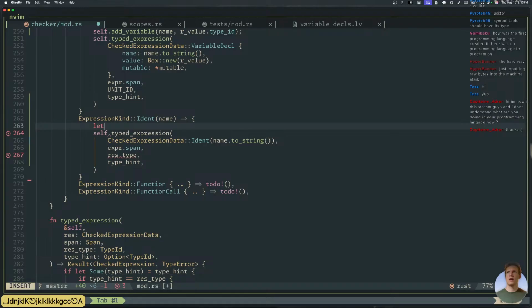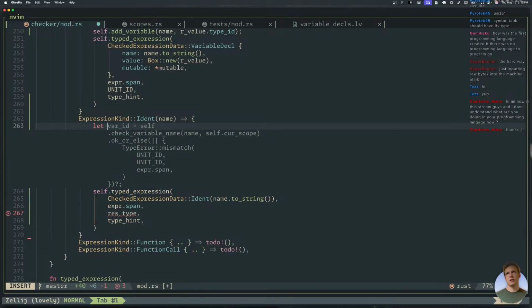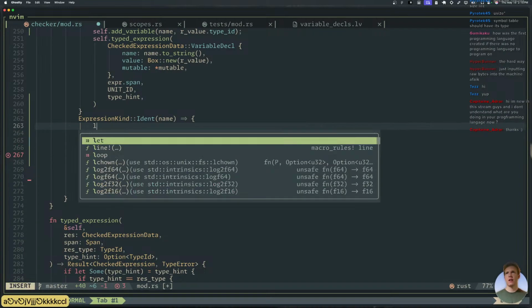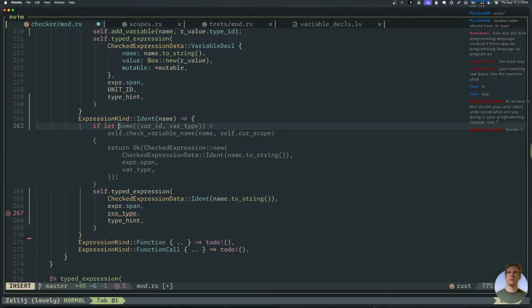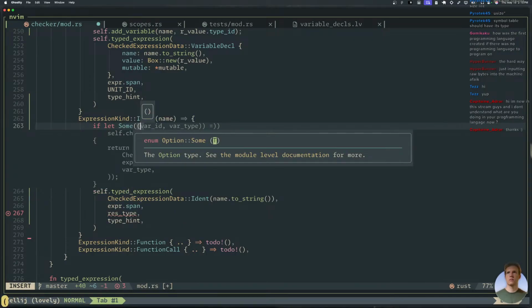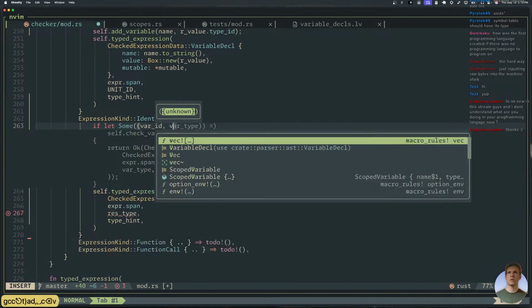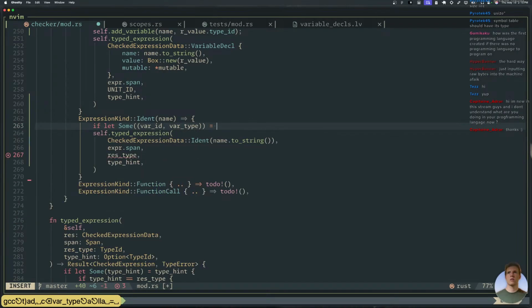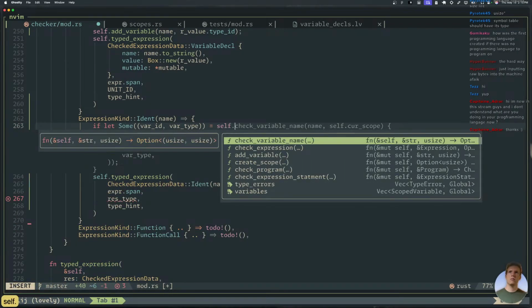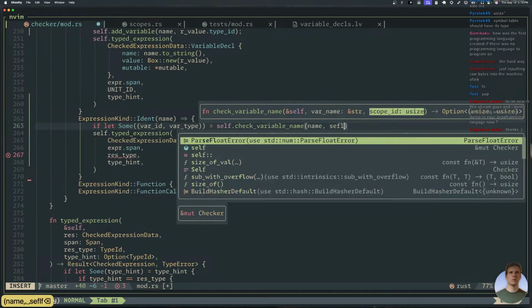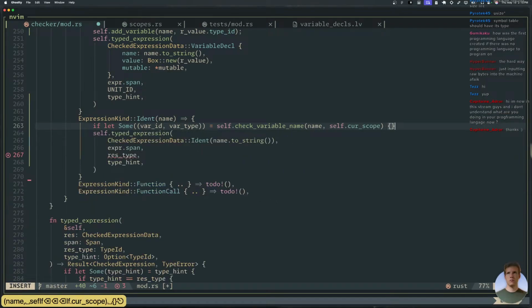So now let... okay, so this needs to be a little more complicated. If let, just like so.